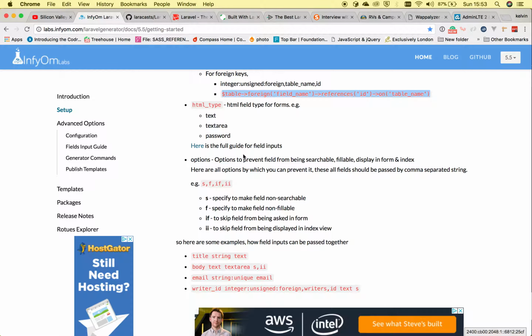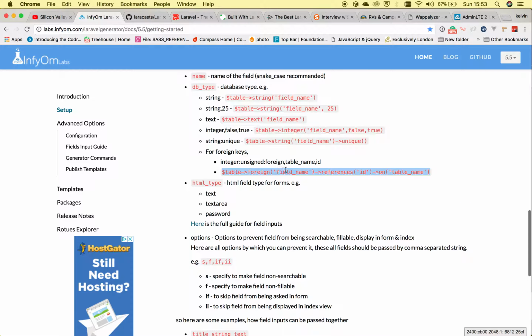Now, with creating tables and managing apps, there always has to be some relationship of some sort. So let's say you have a simple blog app where users can make blog posts, you have to have a relationship between the users and the blog posts they create. So you could use this reference here, which is basically a table foreign key, to have a foreign key in that table. But ideally, and the easiest way that I tend to do it, is to use something called pivot tables. So what a pivot table basically is,